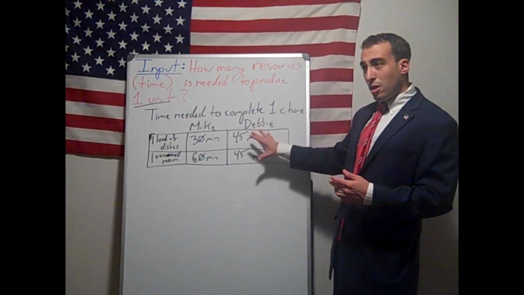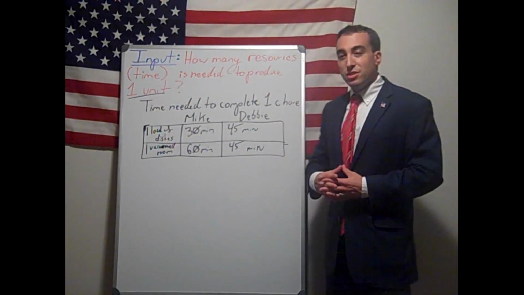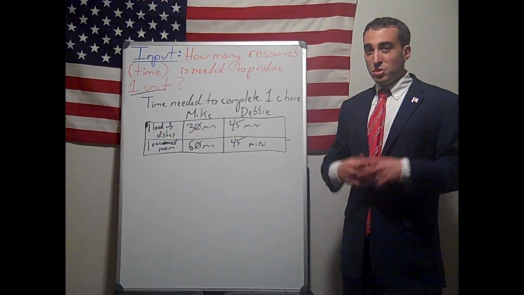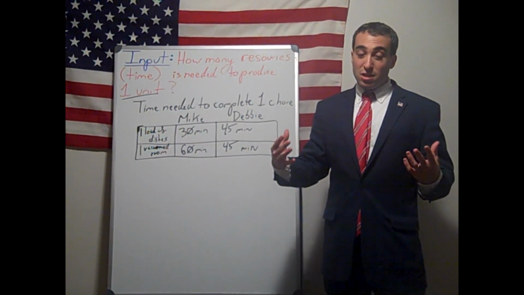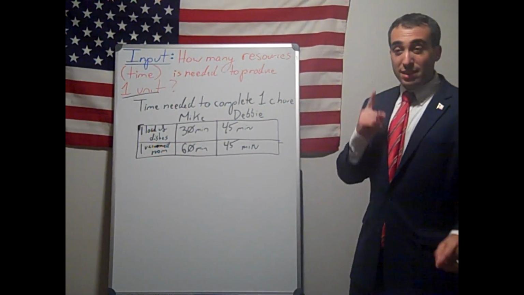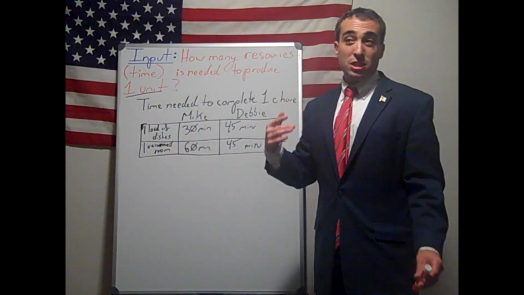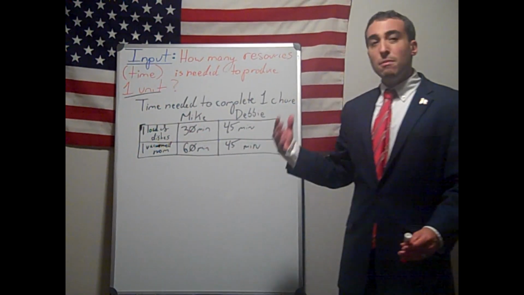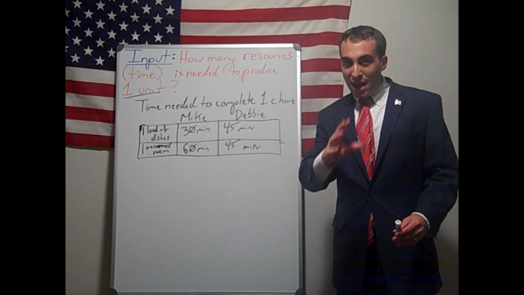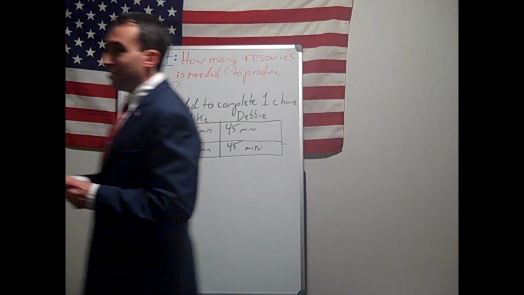So based on this chart, you might say Mike should do the dishes and that Debbie should vacuum the rooms. Why? Because they do them faster. But this is not calculating efficiency. This is a concept called absolute advantage, something which the AP test will have you find, but because you're not calculating efficiency, this is not how to determine specialization. So absolute advantage